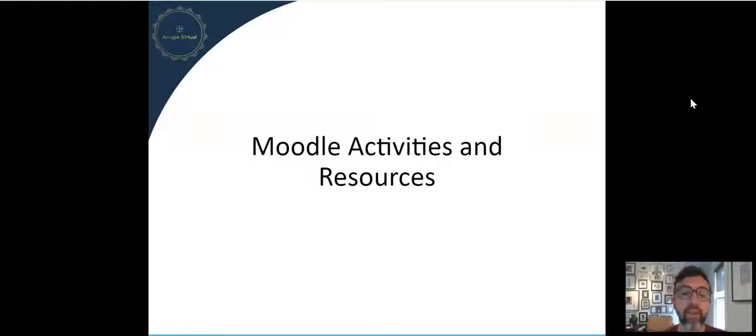And in fact, Moodle being open source made it so that it's really simple for them to add new activities and resources. So my goal today is to show you some of the more basic ones, but I do think that the sort of palette of activities and resources on Moodle is richer than in a lot of other LMS systems, but